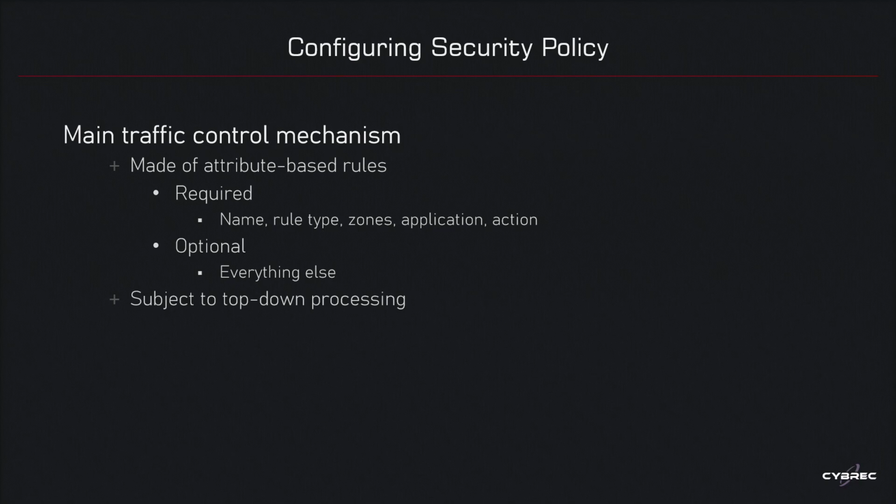Another important thing to remember about security policy is that it is processed top-down. For instance, if you have 3 rules, 1, 2, and 3, and by the way, as I said earlier, security policy is also going to include 2 implicit rules. I'm going to call them implicit 1 and implicit 2. The implicit one is the intrazone rule